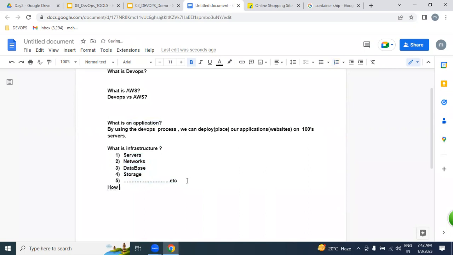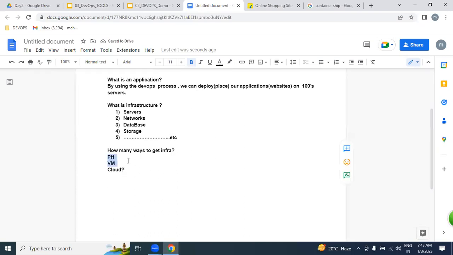But my question is, how many ways can we get this infrastructure? Anybody help me. Physically, we can get it, like your laptops. And virtually, from a virtual environment, and moreover, we can get it from the cloud. I'll repeat very clearly.